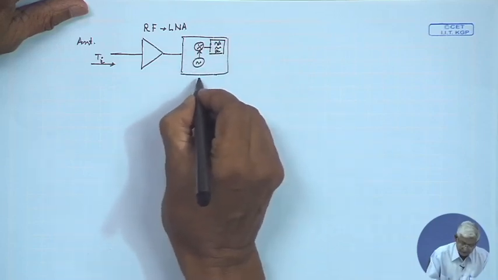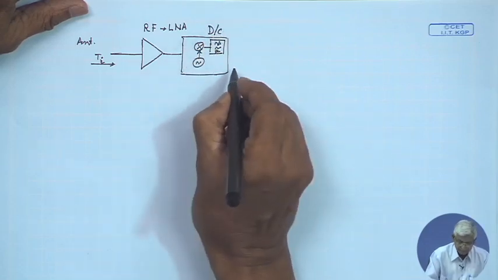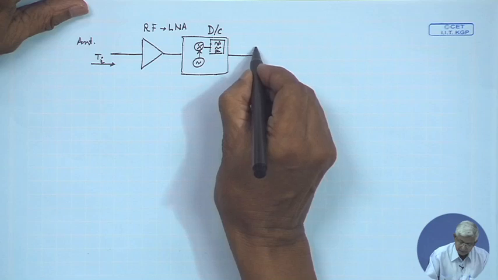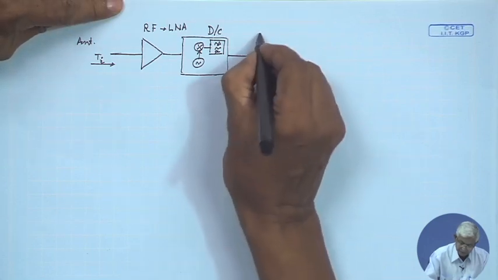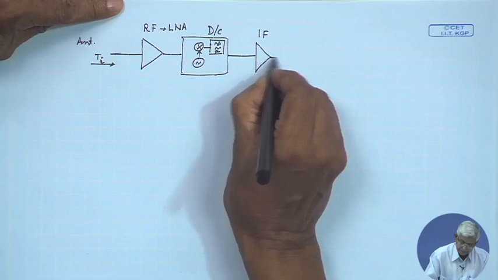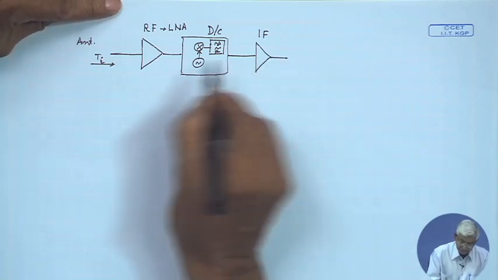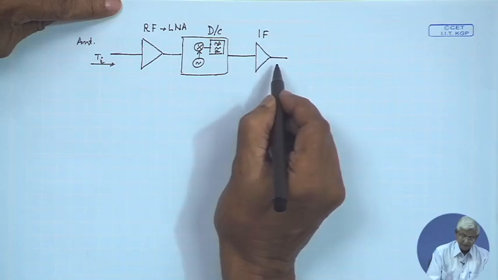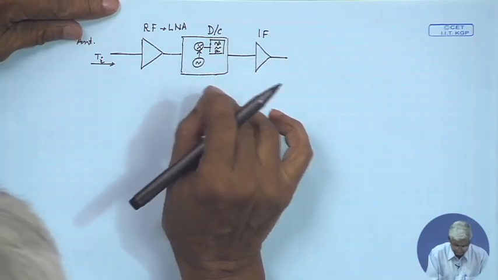This is called the down converter. Then the down converted signal has to be amplified by an amplifier, which is the IF amplifier. Now, selection of the gain and noise temperature of each of them, assuming all of them operate in the same bandwidth,